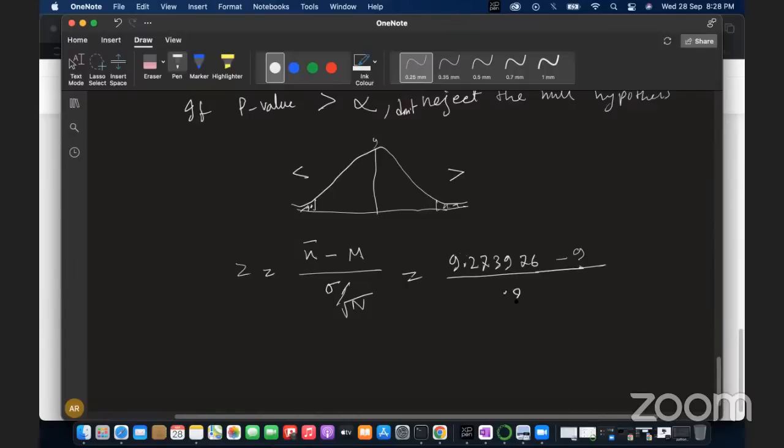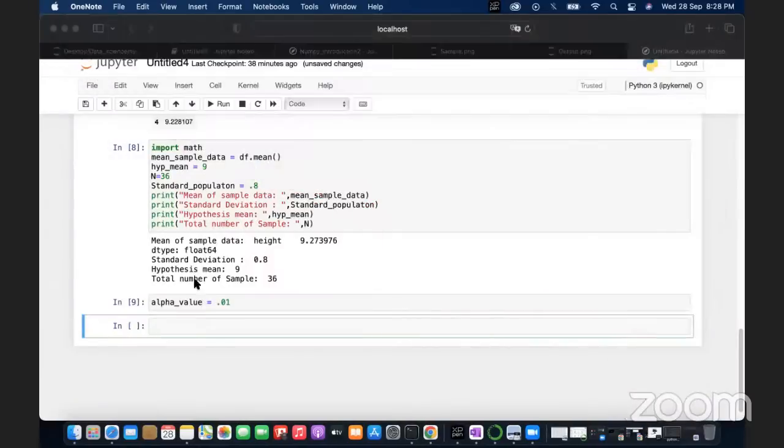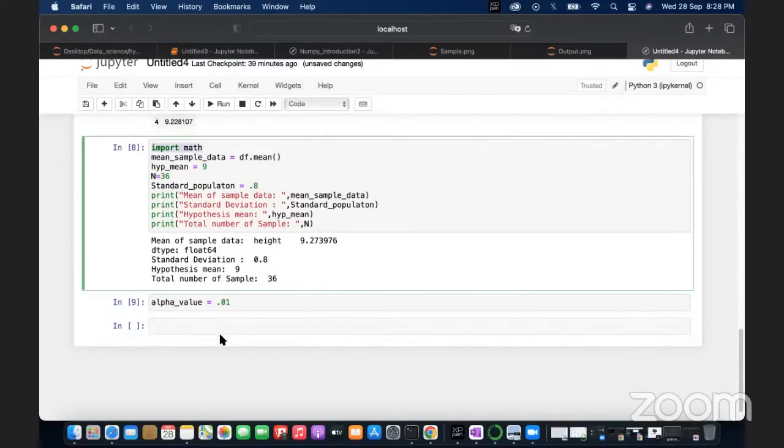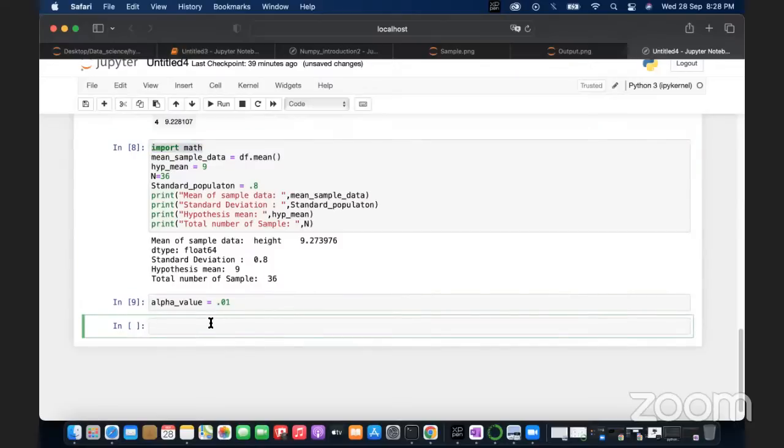Sigma is 0.8 divided by root over of 36. So we need it. Just simple, right here. Already we import math. After that, our z value is equal